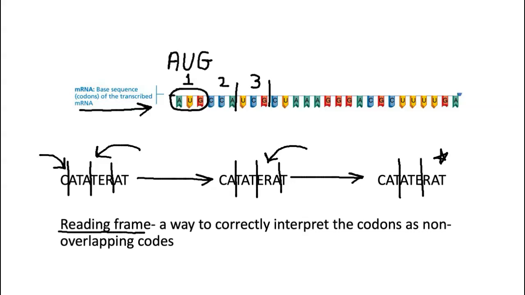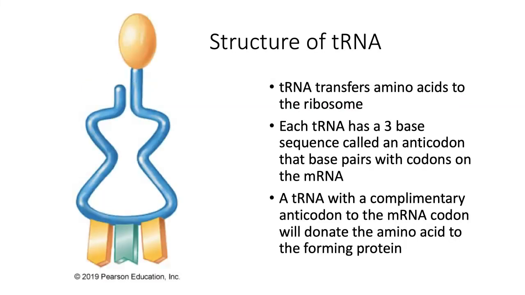And the AUG, in most books, they'll have it right at the start of our strand, because space is short, but there would be nucleotides before and after this point. And so the ribosome has to determine, where should I start reading the message. The way that this process works is that once the ribosome is attached to the messenger RNA, another molecule called transfer RNA, which is abundant in the cytoplasm, will transfer the amino acid to the codon. And so the ribosome technically just holds on to the codon and waits for the complementary transfer RNA to bring